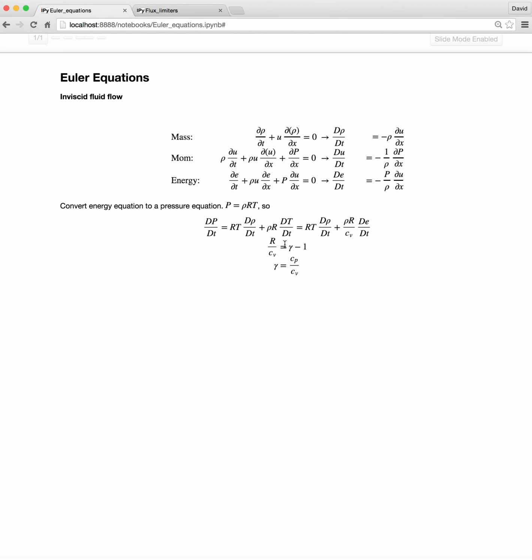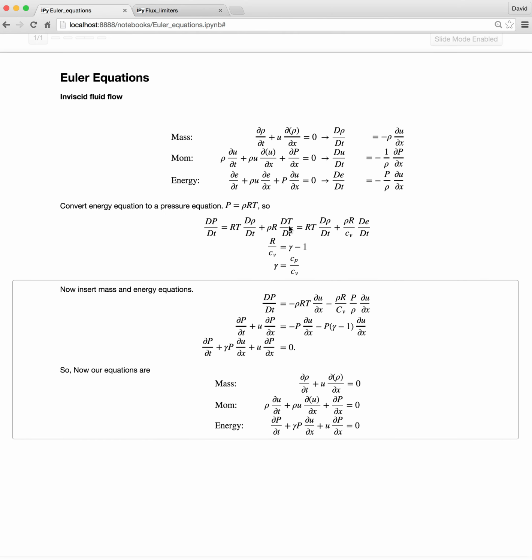Then if we use these identities where we can represent the universal gas constant and constant volume heat capacity in terms of gamma, where gamma is the ratio of specific heats, then we can use this representation and insert these quantities into the mass and energy balances. So where we have d rho dt, up above we have an equation for that, and where we have dE dt, we have that same equation. So if we just insert into the definition of the derivative of the ideal gas law, then we end up with the following progression. dP dt equals this right hand side,